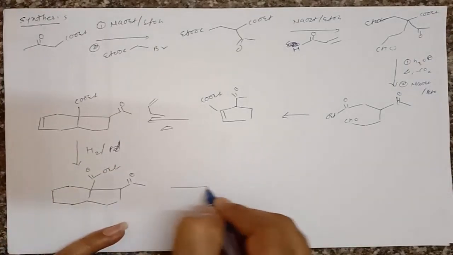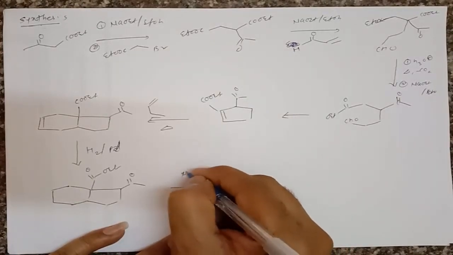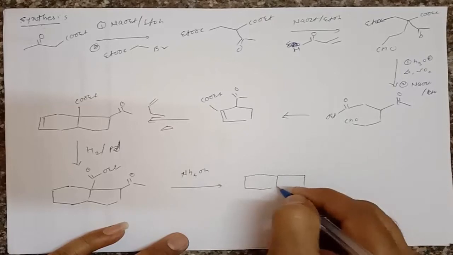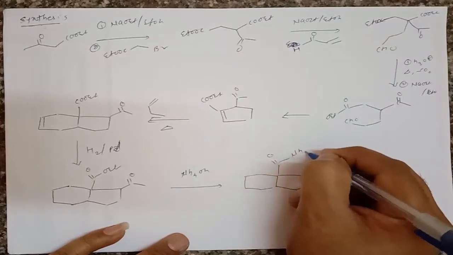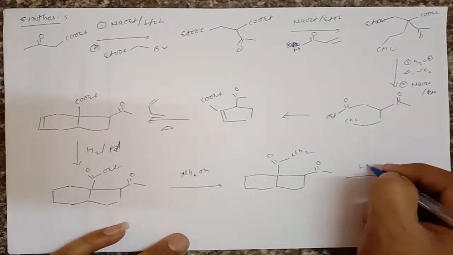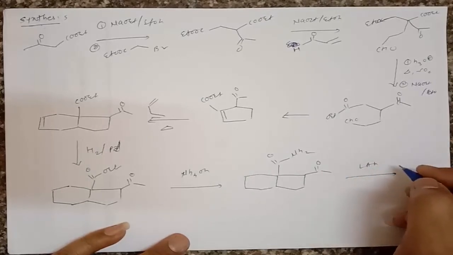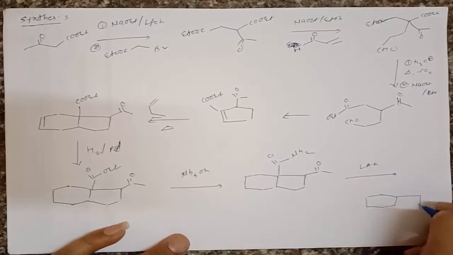Then secondly, we have to treat this molecule with, we can say, ammonium hydroxide. So it gives formation of amide here, that is C double bond O NH2, right? And then in second step, we have to reduce this amide by using a strong reducing agent, that is LAH, and after reducing with LAH, the amide will be reduced to the amine, and it gives formation of a molecule like this, that is CH2 NH2, and then the ketone will be same here.